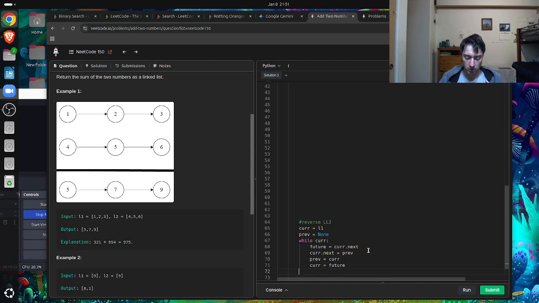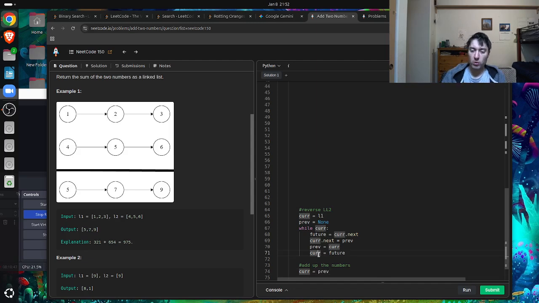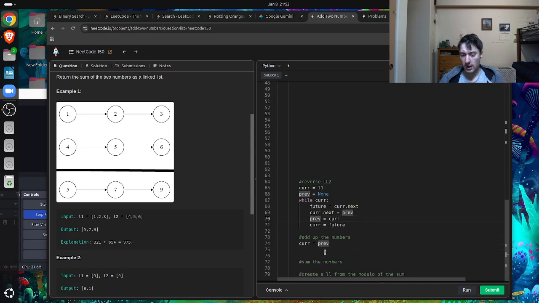Then I want to add up the numbers again, okay? So current is equal to that previous, because that current walks off the edge, and now previous is going to be pointing to the last node, which is now the head of the new linked list. Okay, so add up the numbers. Good, good, good. So I need to, while current, I need to say,